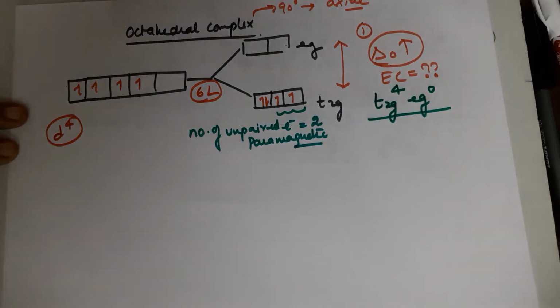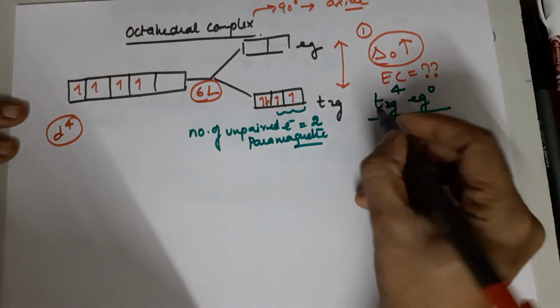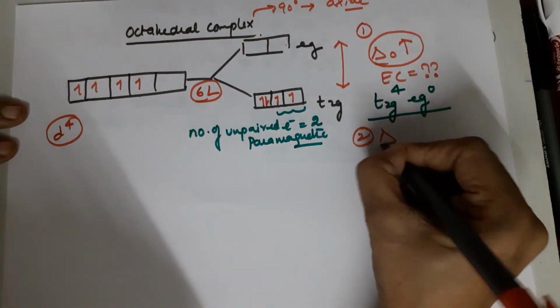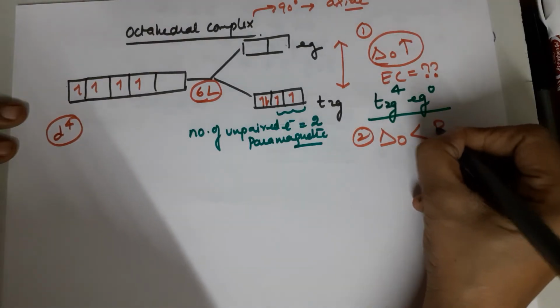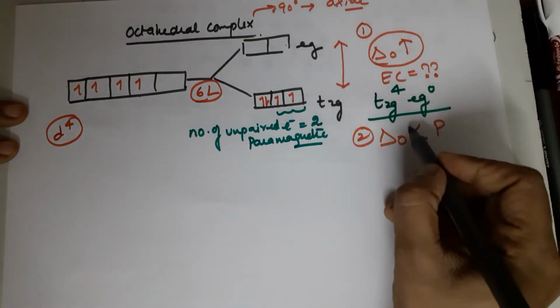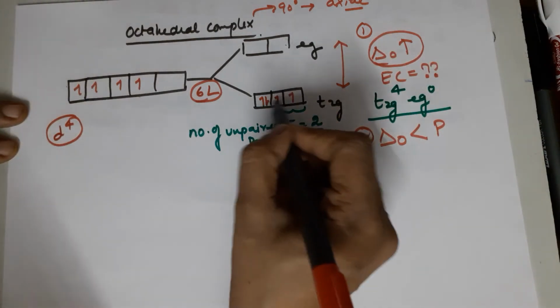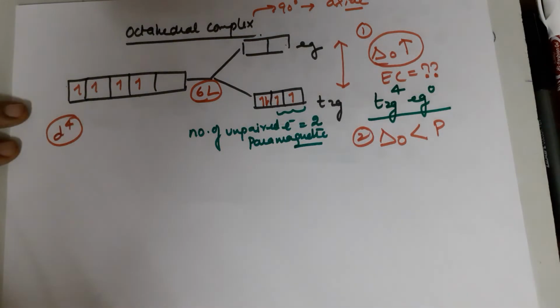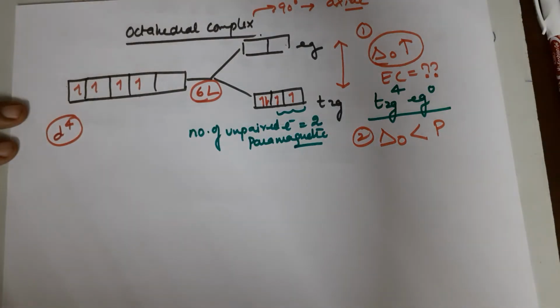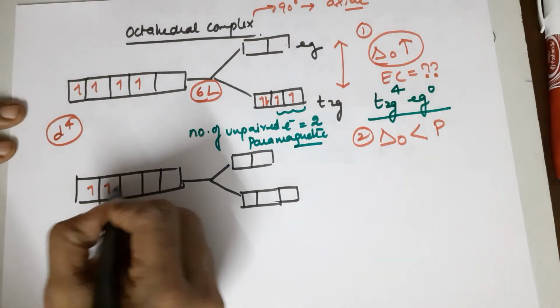Fine. The second case could be, let us say you are given that delta naught is less than the pairing energy. Your interest is only to understand whether it is less or more. If delta naught is less, that means when I start filling these, in this case what would happen, I'll just illustrate. This is again a d4